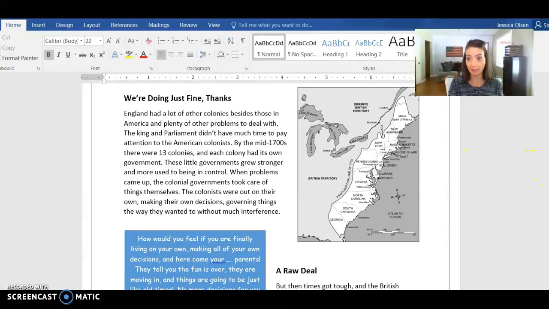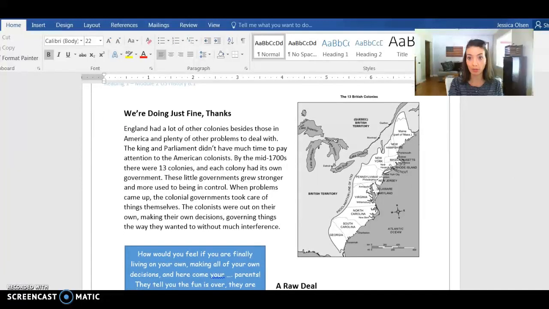Here again, pay attention to the graphics that are inside of the reading document. Even though this one's a little bit small, you should be able to make out what it is. The title of this one is The 13 British Colonies, and you will notice that they say Maine, New Hampshire, New York, Pennsylvania, so on and so forth. Those became states. Maybe even some of you have been there, lived there, visited. I don't know, you tell me.